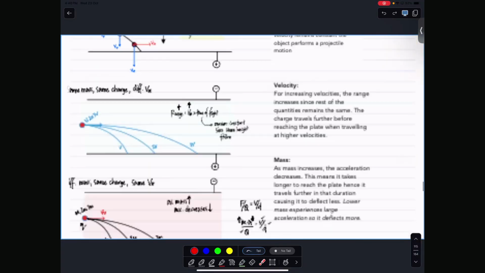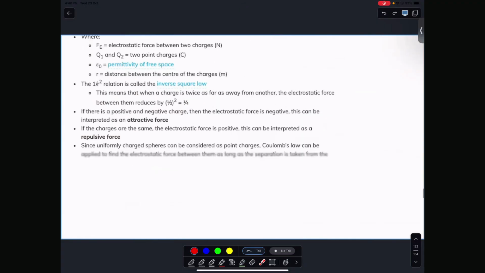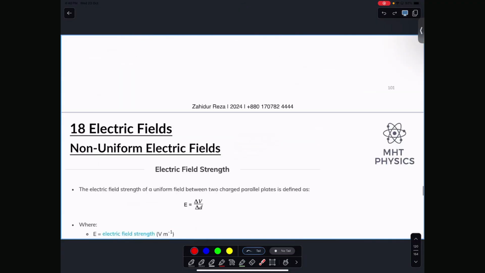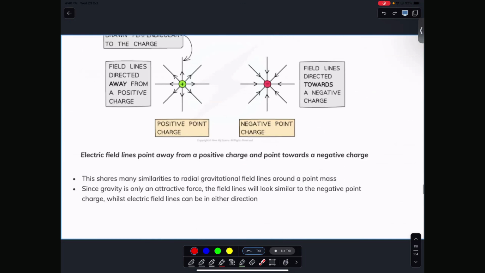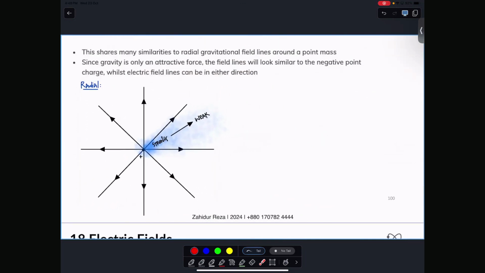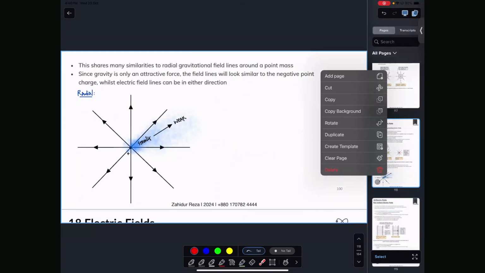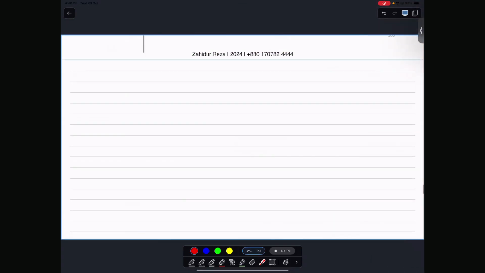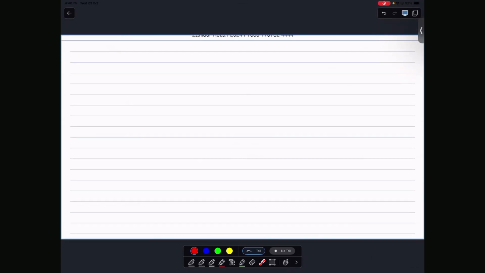I'll cut to the chase because the rest of the topic corresponds to the gravitational field. So how do you find the strength of your field here? Before finding it, I'll introduce a law to you. The law that we're going to learn here is the counterpart of Newton's gravitational law. I'll keep reminding you of the gravitational field topic because these are parallels. They're exactly the same thing. Instead of mass, what do we have here? Charge. So if you can remember gravitational field, you'll find this chapter very manageable.